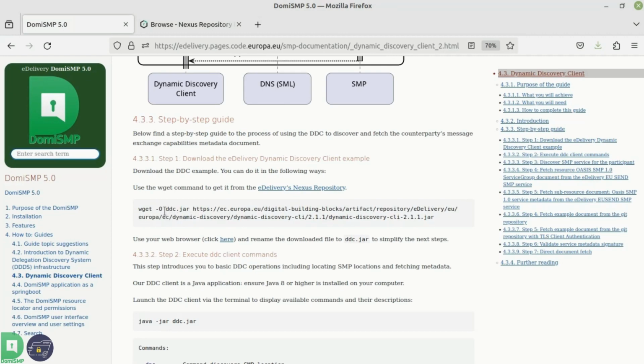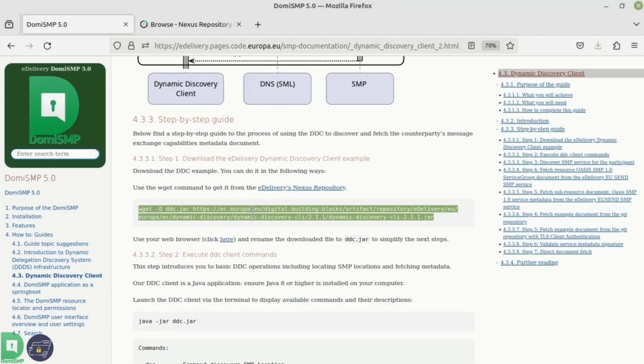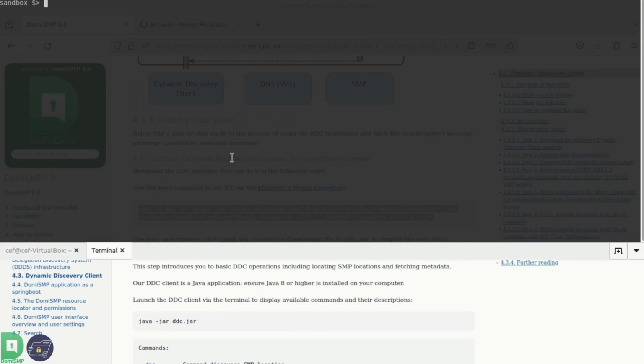And please note also that I named the downloaded artifact ddc.jar, and this is just because all the commands which we will use today will be much shorter with this name. And I will be using the Ubuntu bash, but all these commands should also work fine on Windows and on Mac.